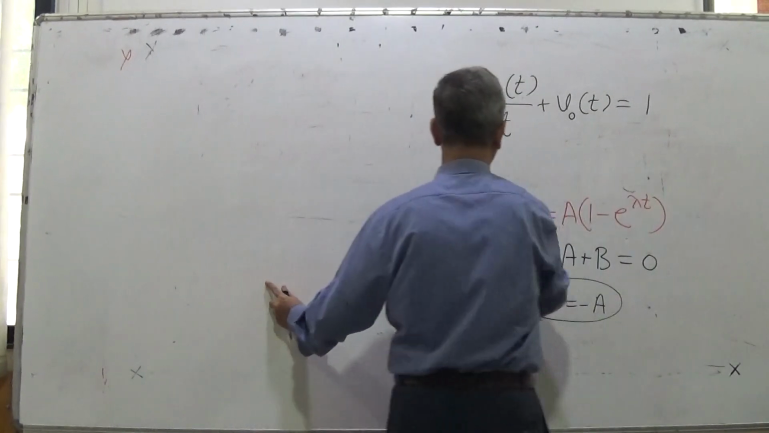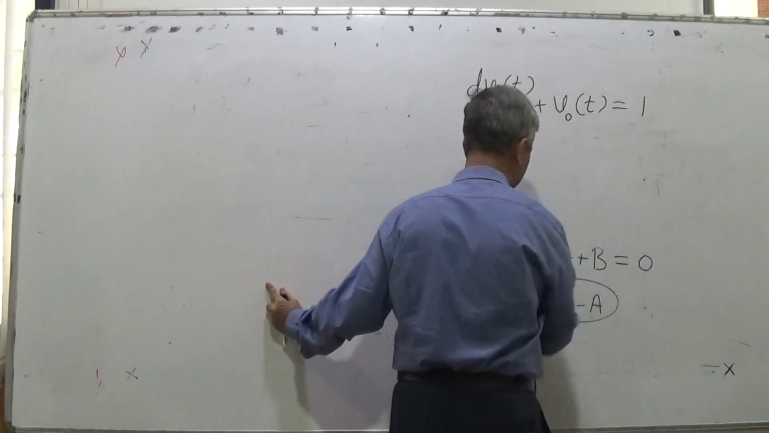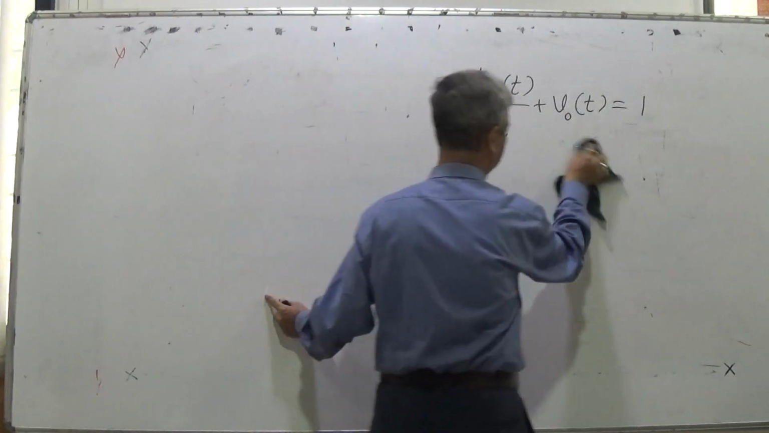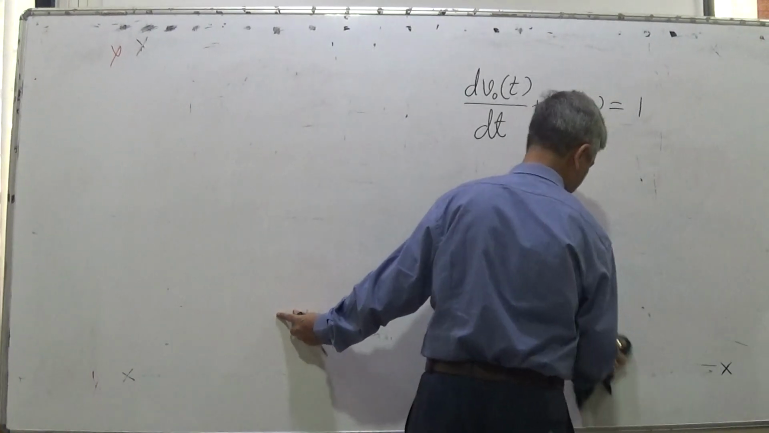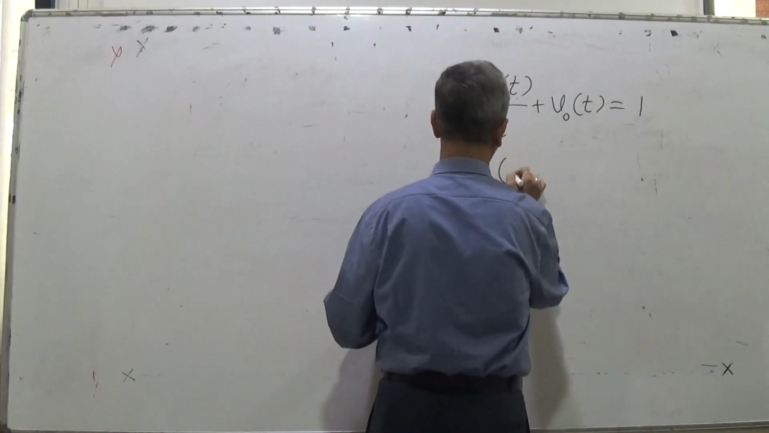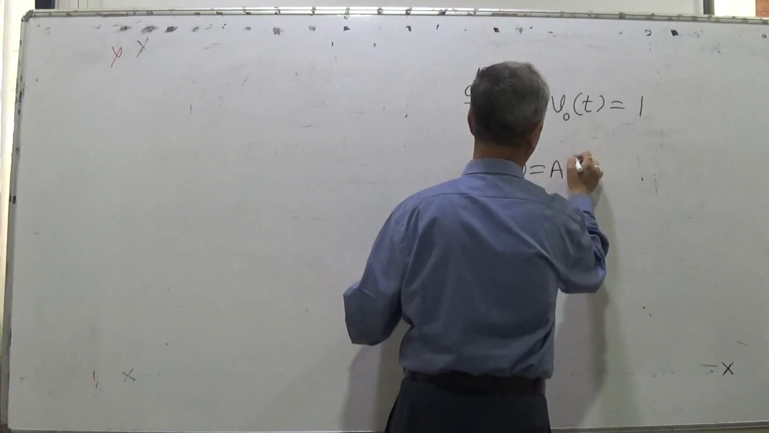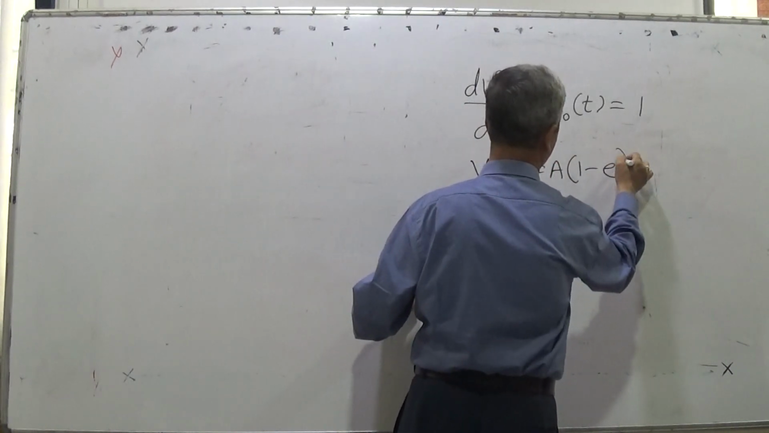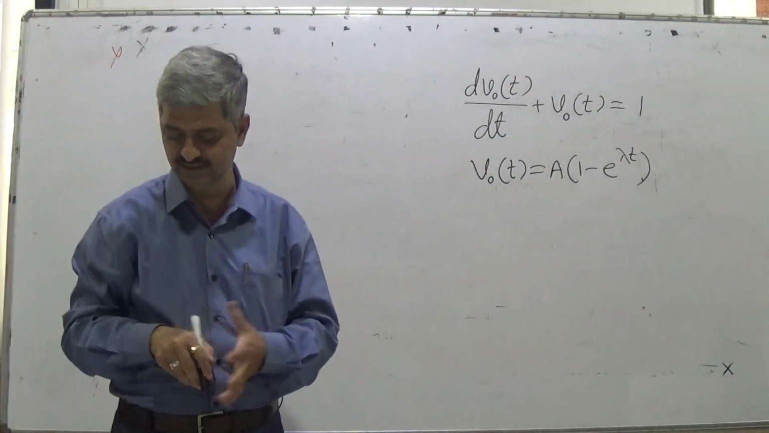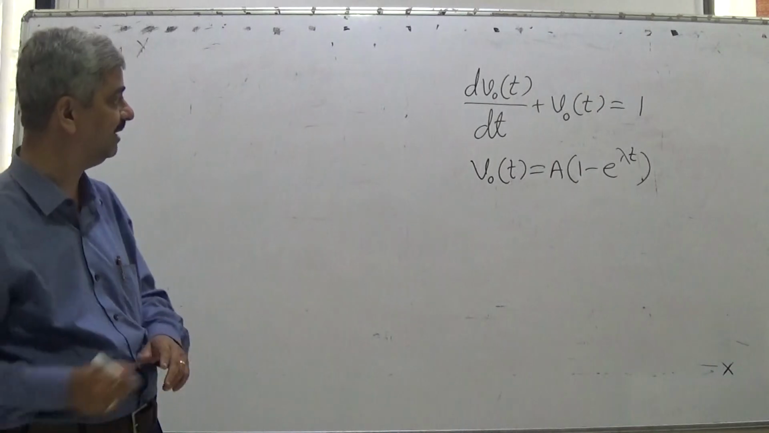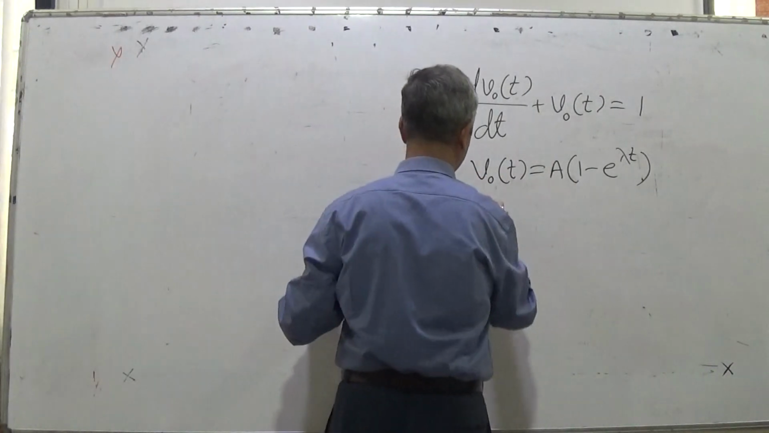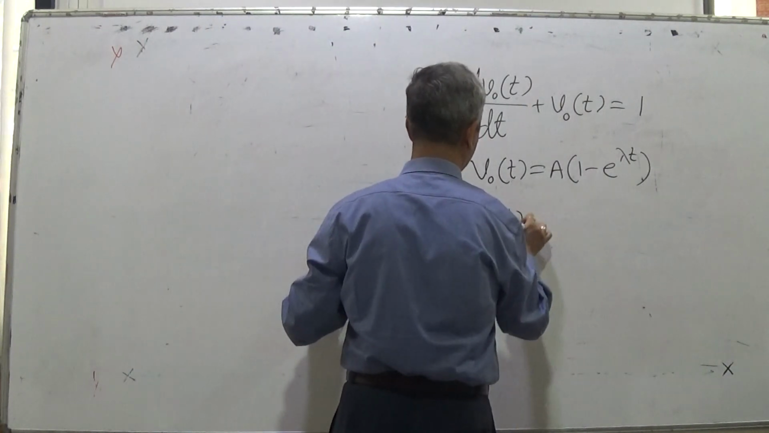So this is the differential equation by using the initial condition. With the help of the initial condition, the solution is VOT is equal to A into bracket 1 minus e raised to lambda t. Now, what is the task? To find the values of A and lambda. So what is dVOT by dt? VOT is this. Differentiating this, dVOT by dt is equal to